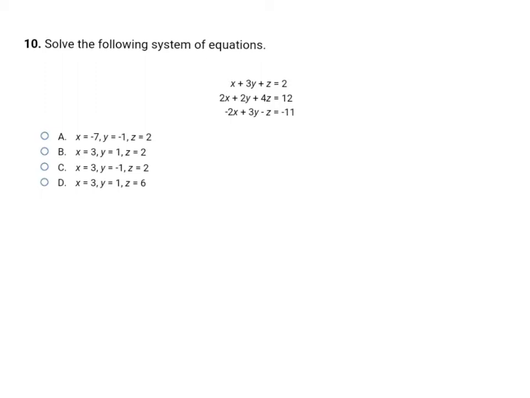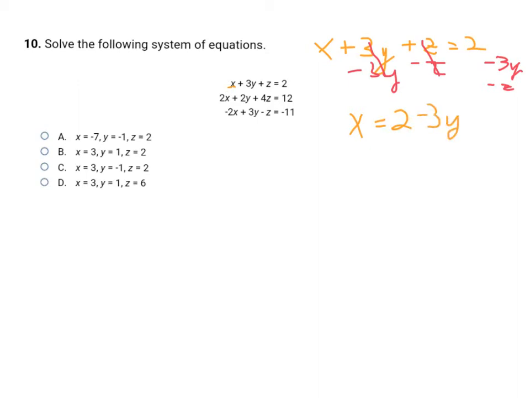First, you're going to solve one of the equations for one of the variables. So I'm just going to choose to solve for x in that top equation. So to solve for x there, I'm going to have to subtract 3y from both sides. And I'm also going to be subtracting z from both sides. And so here that causes those to cancel. And I'm left with just x equals on the left side. And then I'm going to take 2 and then minus the 3y minus the z because there's nothing there I can